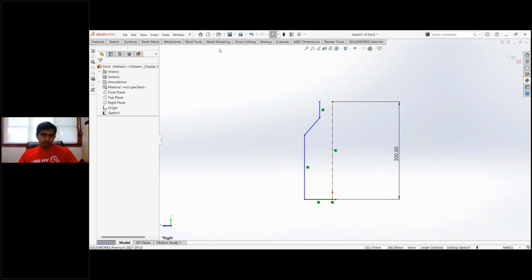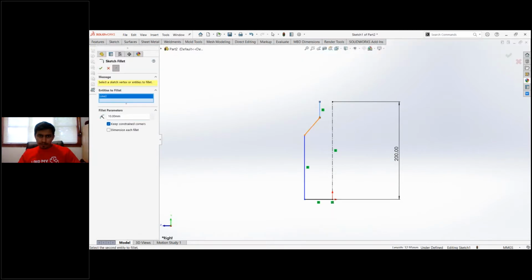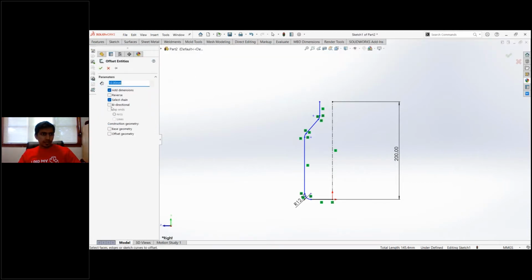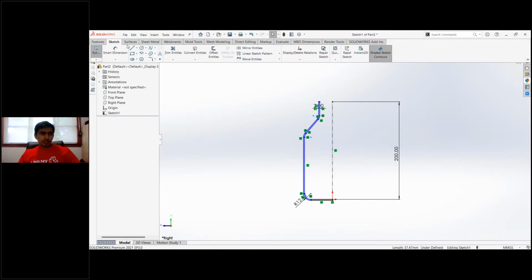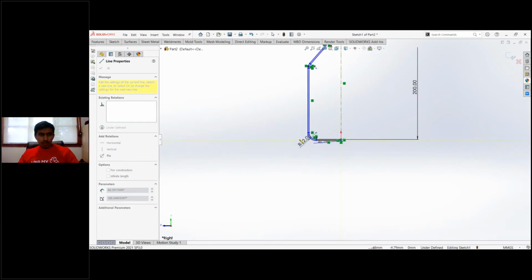Now I'm giving the fillet to the part. Now I'm creating the offset of the sketch for taking the revolve. Now I'm going to complete the sketch for the revolve.